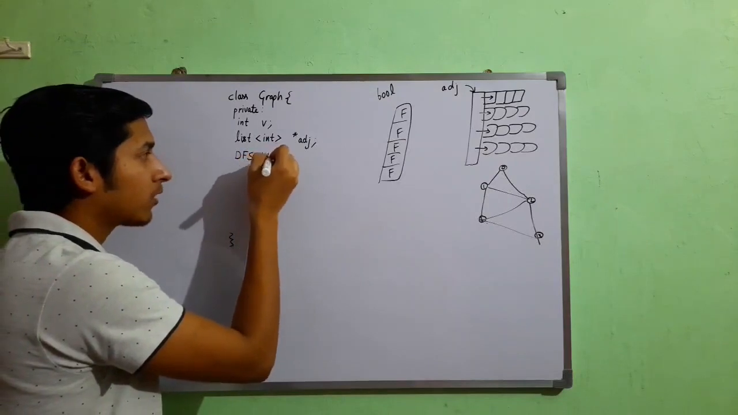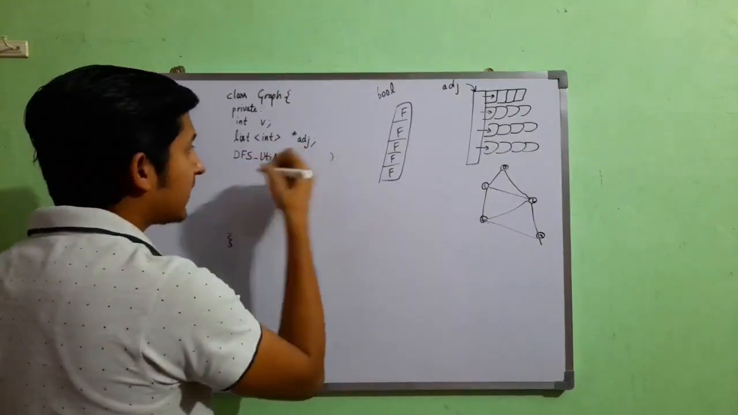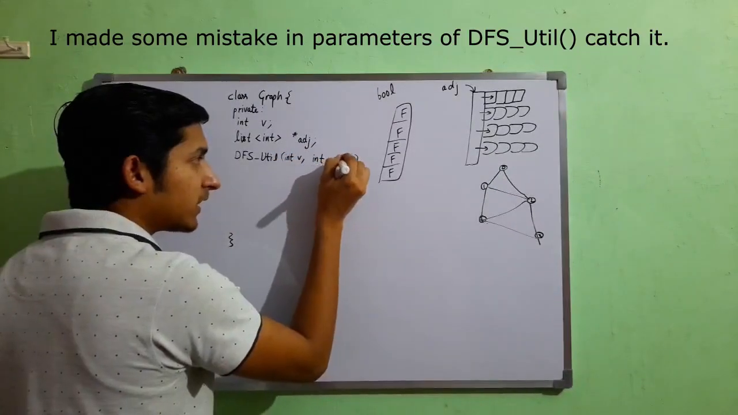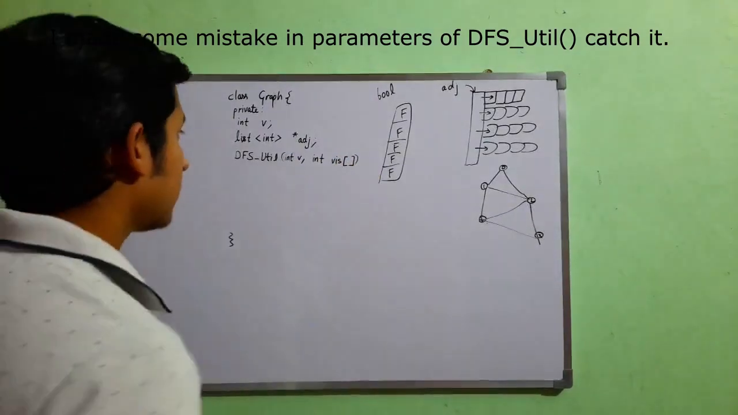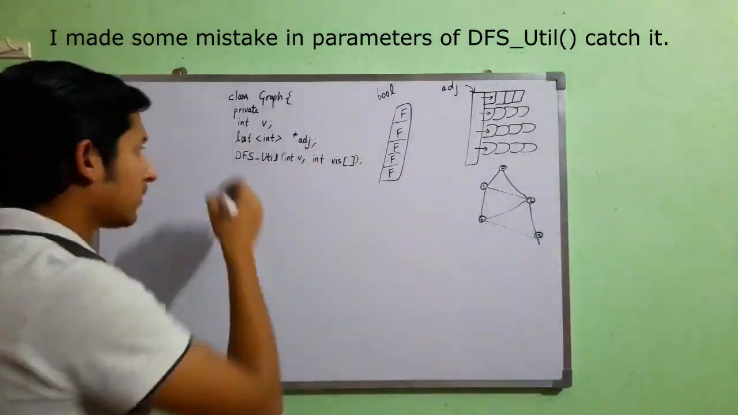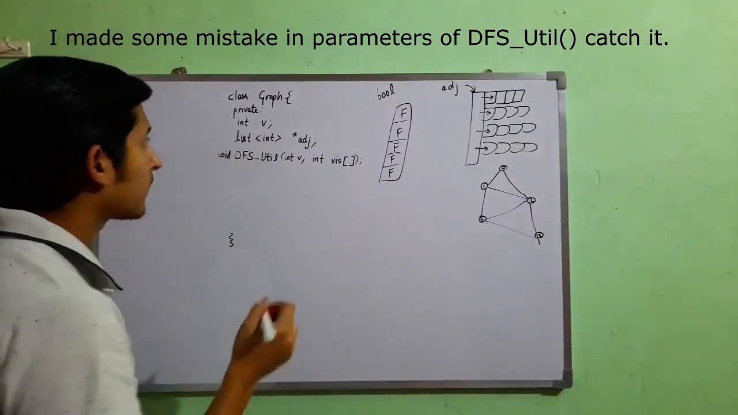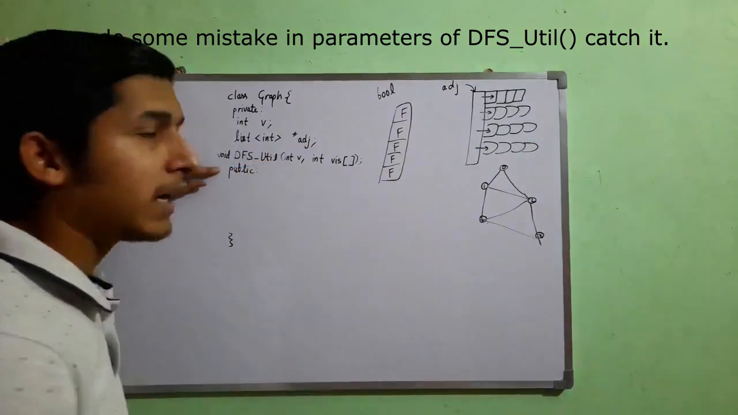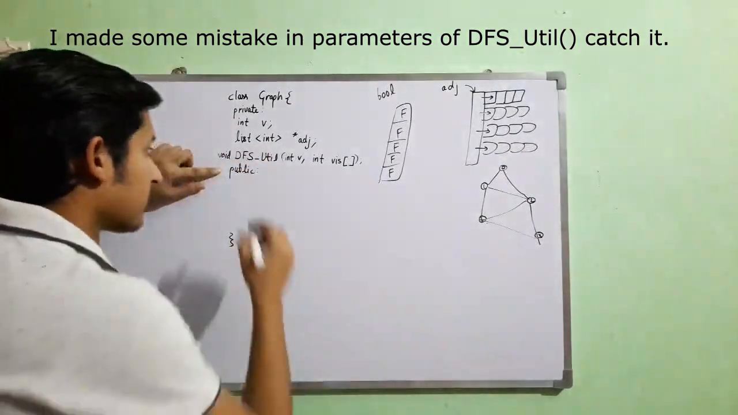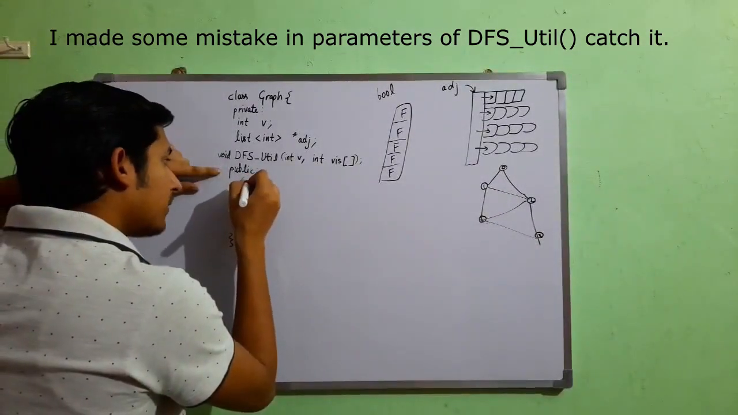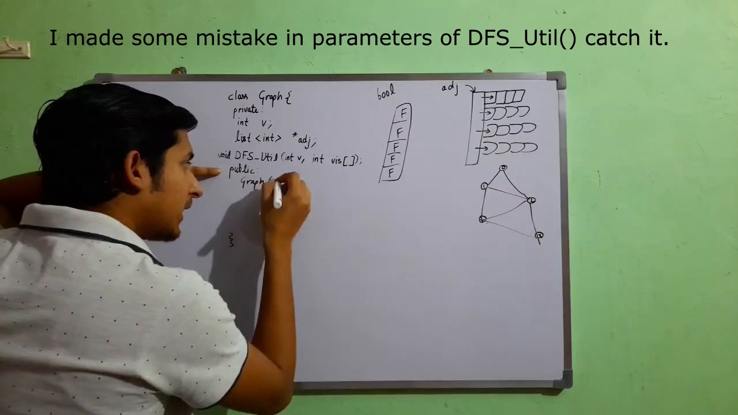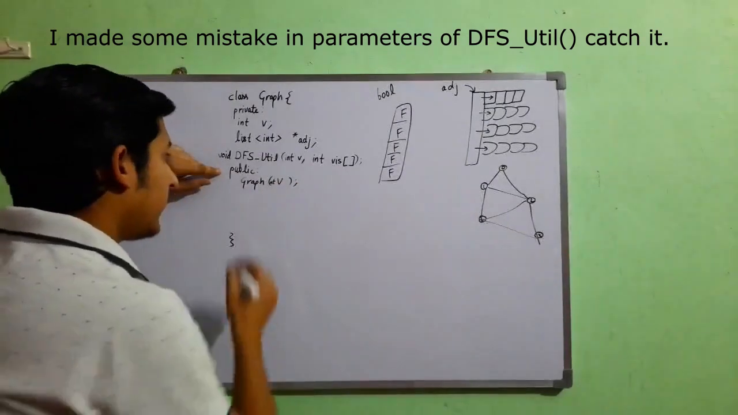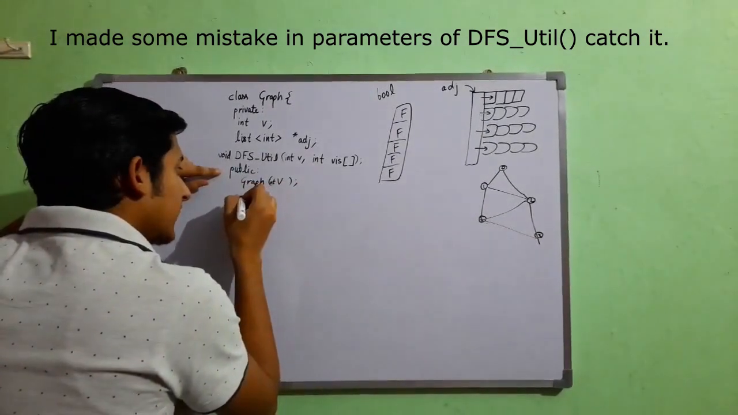dfs util. It basically does not return anything, it takes an integer v and visited. I'll make you understand what it does later. So it's void. Now under public section I have just two things, sorry, three. There will be a constructor, so graph, it will take number of nodes. Int is there, and there is another function, that's add edge,